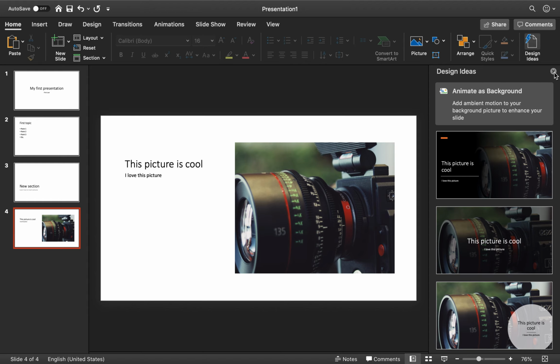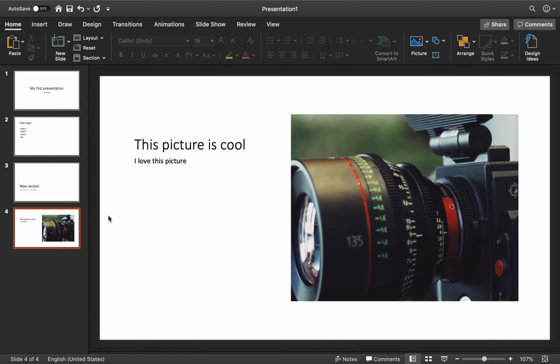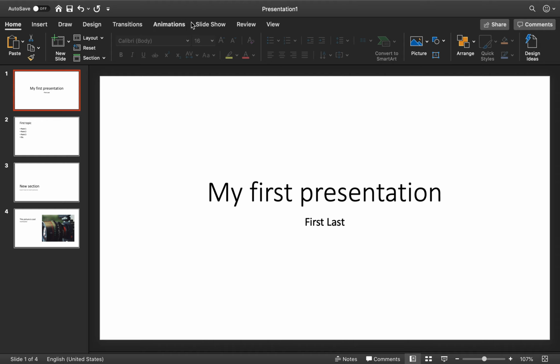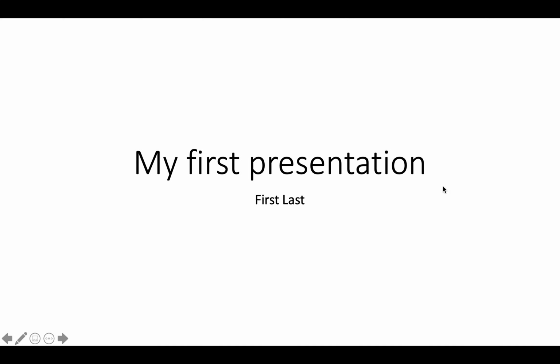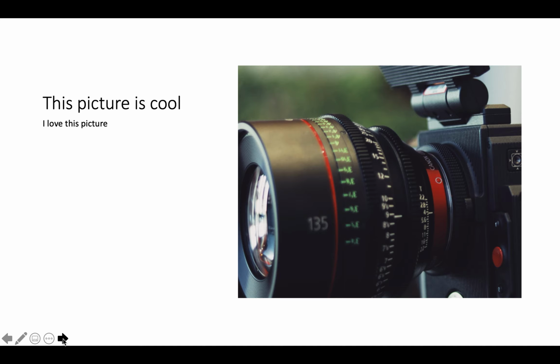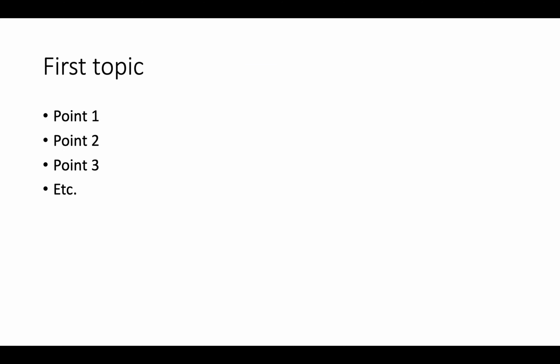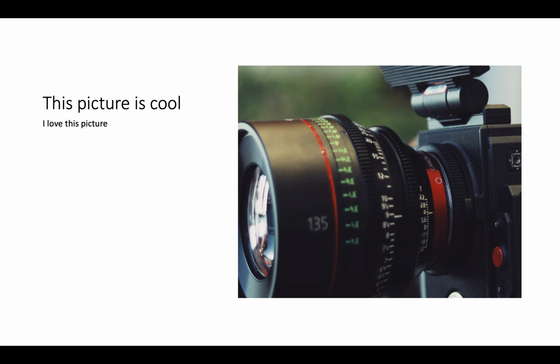You can insert any kind of picture you want. Now, before we go to that, this is the way to do it. If you go all the way to the beginning and you click on here, slideshow, you click on play from start, or you can start from down here as well, where it says slideshow, and it's going to begin. You click on it, and you can actually navigate through it with these arrows, or you can navigate through it with the arrows from your keyboard. You can go back and forth. Okay, that's the basic way of introducing new pictures or introducing text into it,